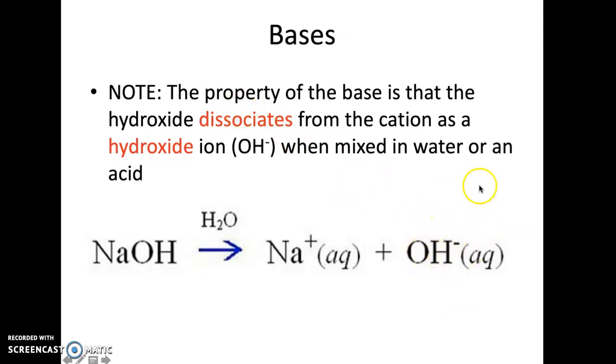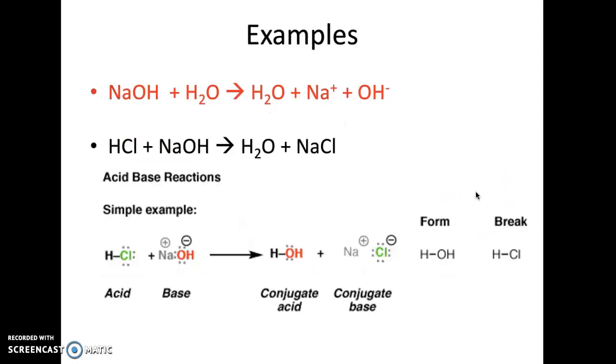Sometimes that OH minus could pull an H plus off of a water, but that would leave OH minus on that other one as well, so it doesn't really work the same way. So an example here, you just have to write this one down. Sodium hydroxide and water, I get water, sodium, and hydroxide, right? Or you could remove the two waters here because it's the same on both sides, just like we did with our